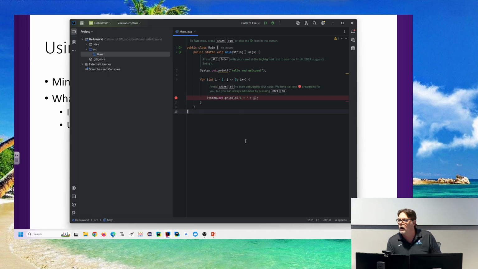Try control plus and minus. Anyway, there is a way to do it. I just have forgotten what it is.